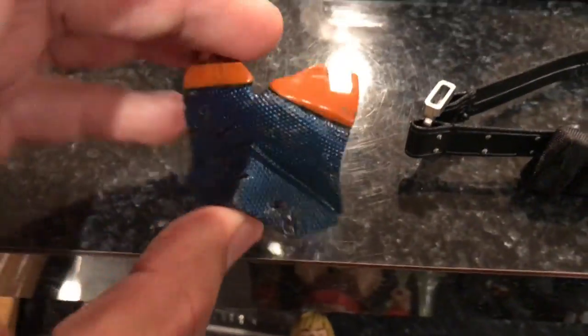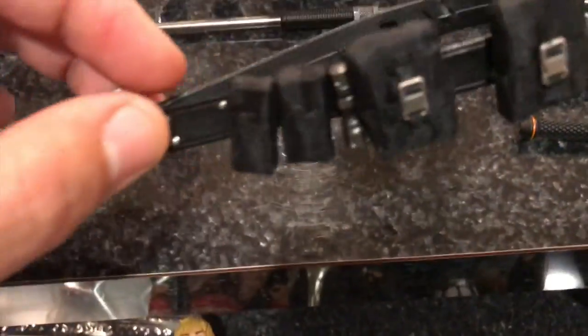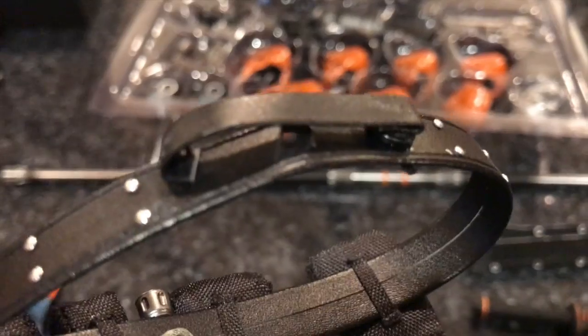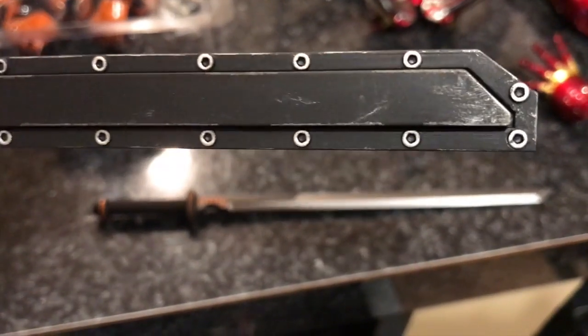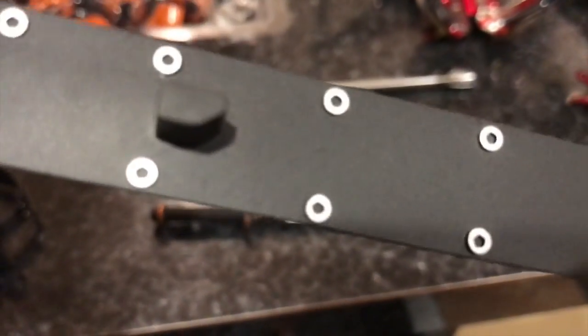So I showed you this. This is the additional chest piece that he can come with that's battle damaged. He comes with this, and this is like a bandolier. It goes around his chest, and then it kind of plugs in on the side. But you actually plug this in, and then see that little hole there in the back? You plug in this sheath for his katana. And look at the paint wear on the sheath. Looks really, really good. I like the little rivets on there. And then it just plugs into that